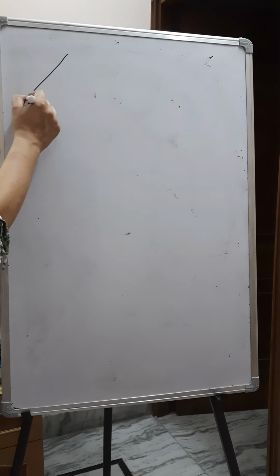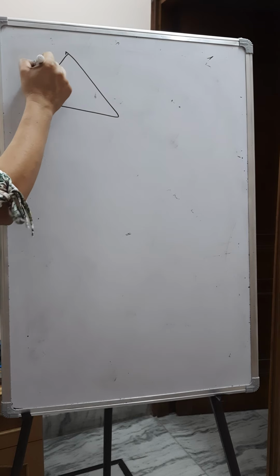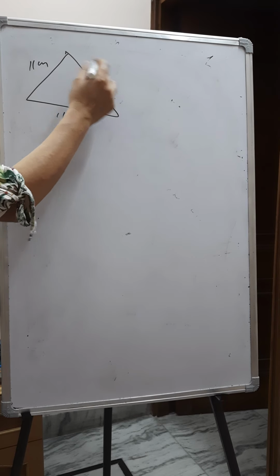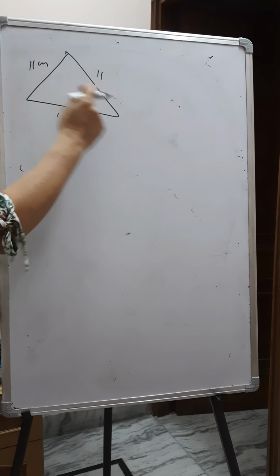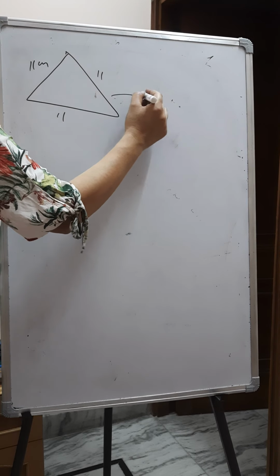A thin wire is bent in the form of an equilateral triangle with side 11 centimeter. This is an equilateral triangle, 11 centimeter, 11 and 11. All sides are equal. This wire is in the form of a triangle,